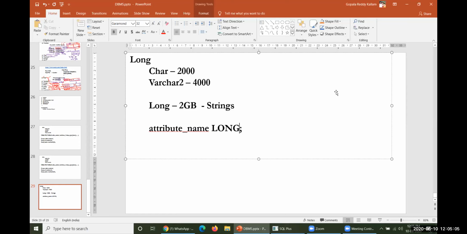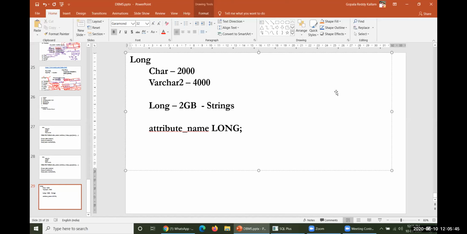By default, before entering the data into long, it assigns you 2 GB of space for your data. As far as your data is concerned, the storage could be cut short when you have to enter some data during its operation. So it can be stored up to 2 GB of information. Oracle or SQL thinks that 2 GB is enough size to store the data in terms of any specification here.